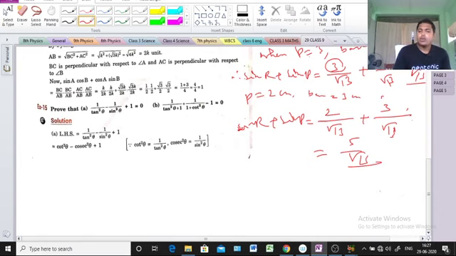Clear? And those who are not sending, for them I am only requesting this: you are not kids, you are senior students, so you should do your work properly and send the work. Okay, and even if you have a doubt, just inform me, sir, I cannot understand this one, please explain it again. I will explain this one. Clear? You should not waste the time. You are getting the time, you are getting the relaxation also, but you should not waste the time.